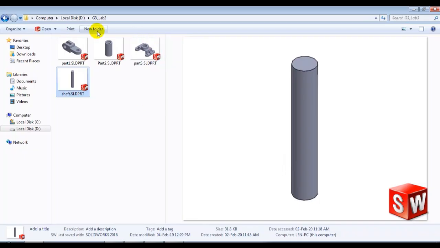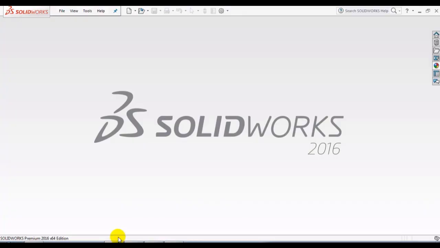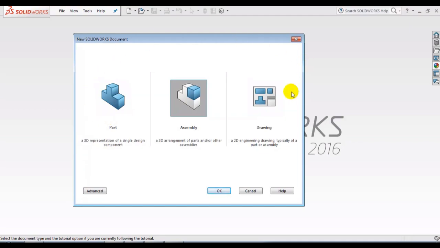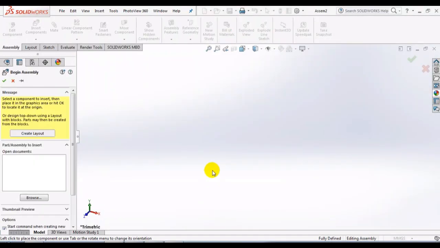So after copying, after making 4 files, and after putting everything together in the same folder, you can start to create an assembly. You can create your lab number 4. So you have to open SolidWorks and create a new file, and here instead of part we have to select the assembly to arrange every part all together, and click OK. So you will have this on the left hand side of the screen. You will have begin assembly